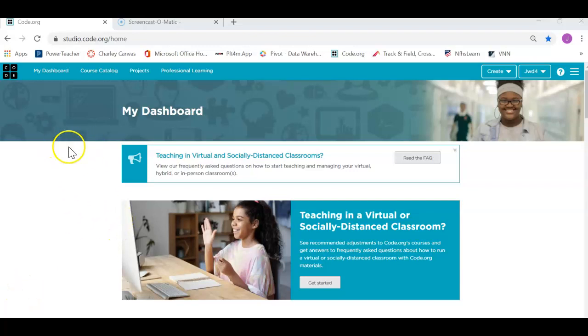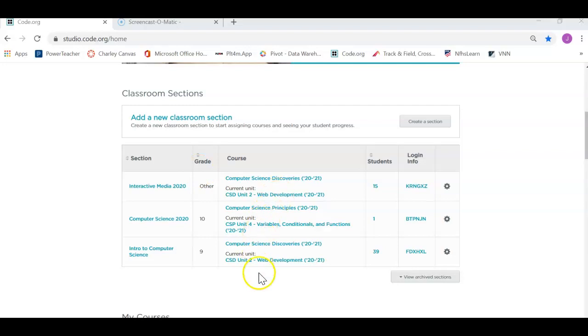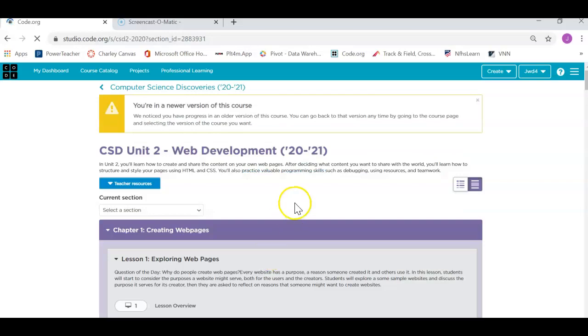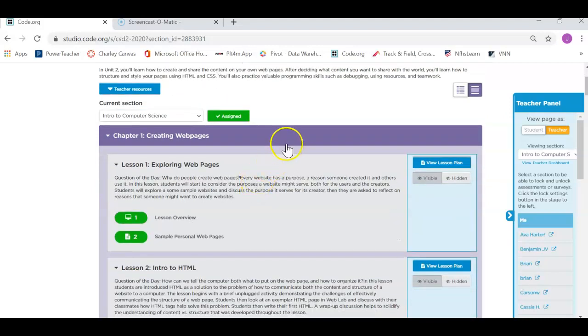All right, intro to computer science. I just want to do some review about what we had going on this week. So going to computer science, web development. This unit we've been working on is exploring web pages, so we can start writing some HTML